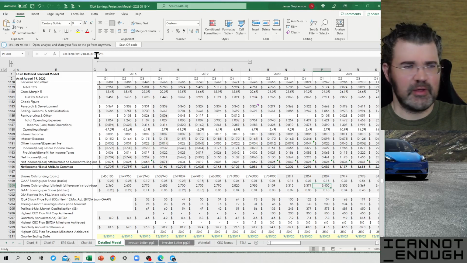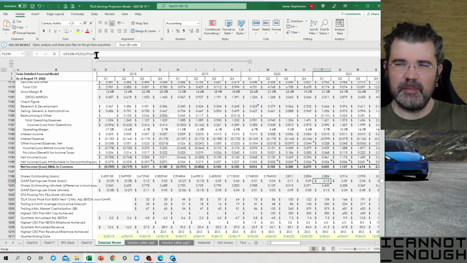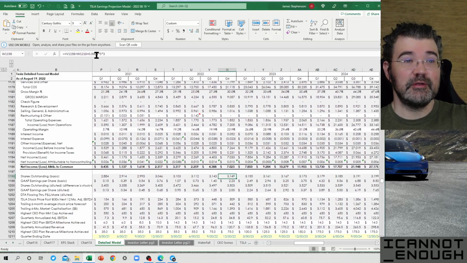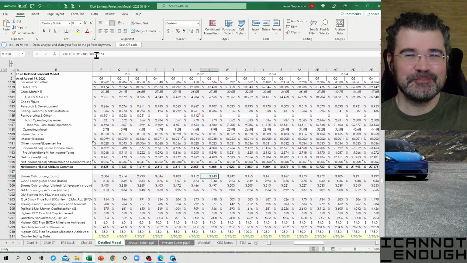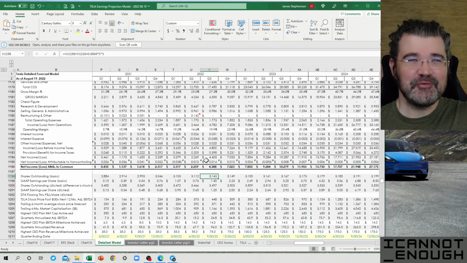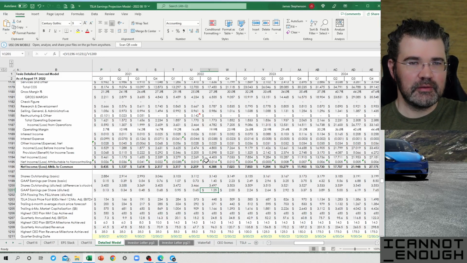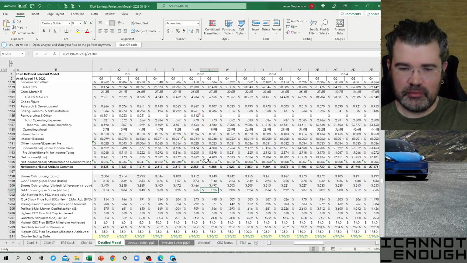And then what are we using this information for? We're using it to show the GAAP earnings per share, basic and diluted. So the earnings per share basic are more than the earnings per share diluted because you're dividing into a smaller number. The numerator is the same, but the denominator changes. All right, you get the idea. You know how fractions work. I was never any good at math. All right, so those are the earnings per share numbers, and that's probably a good enough place to stop with part 15.